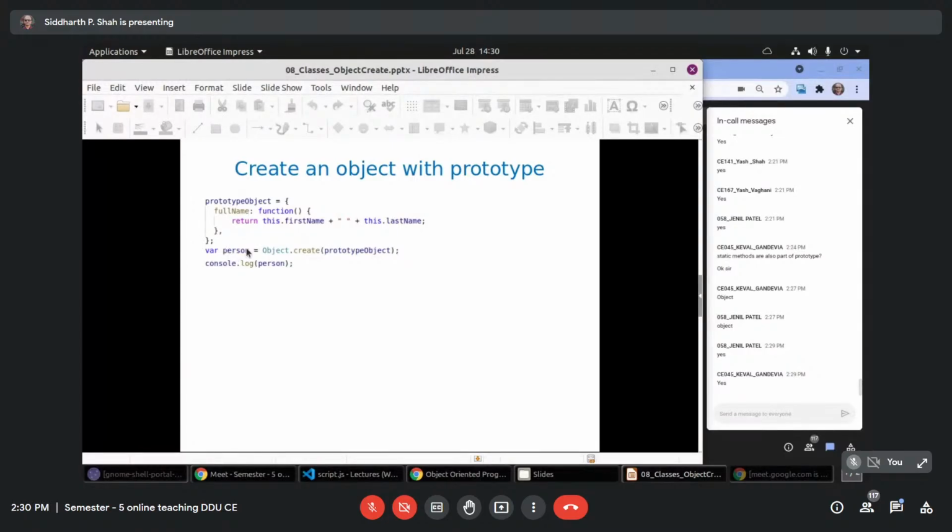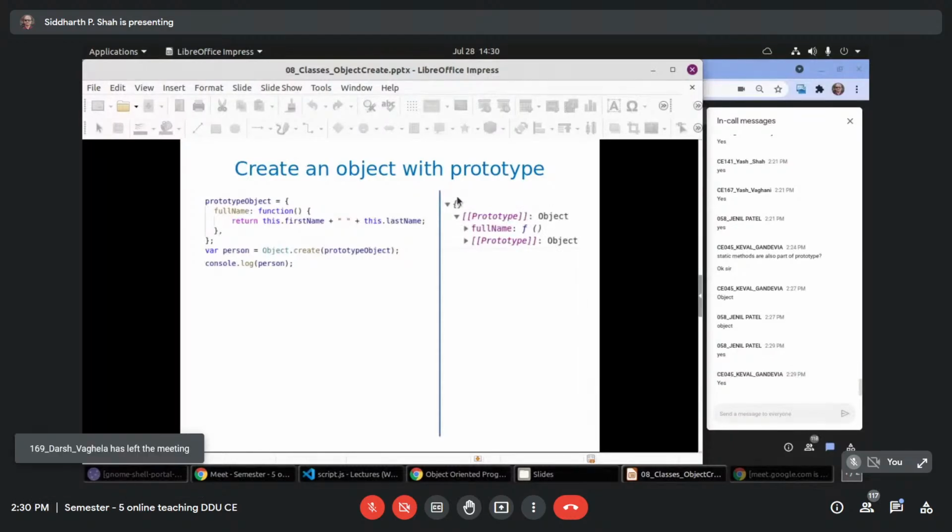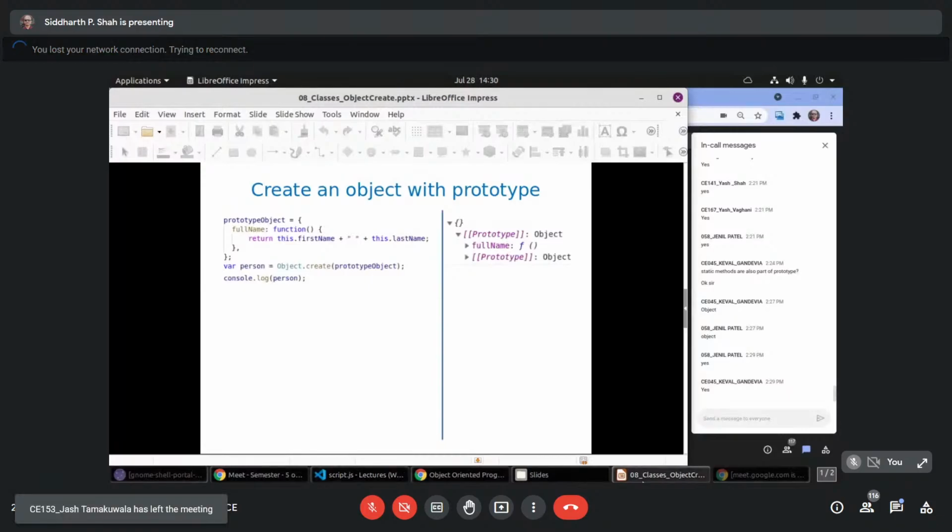And the newly created object person is an empty object. See, it is an empty object, but it has a prototype. And what is that? It is this object. If you expand this, you can see here, it contains this fullName. Let me show it.